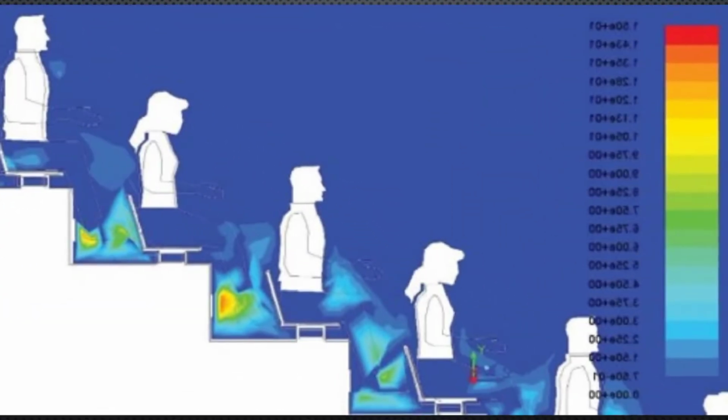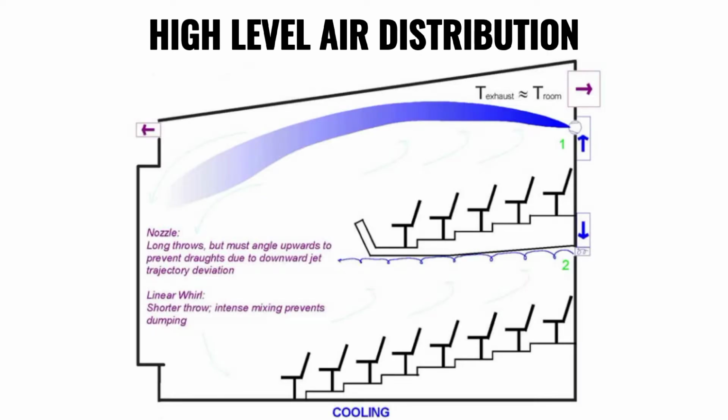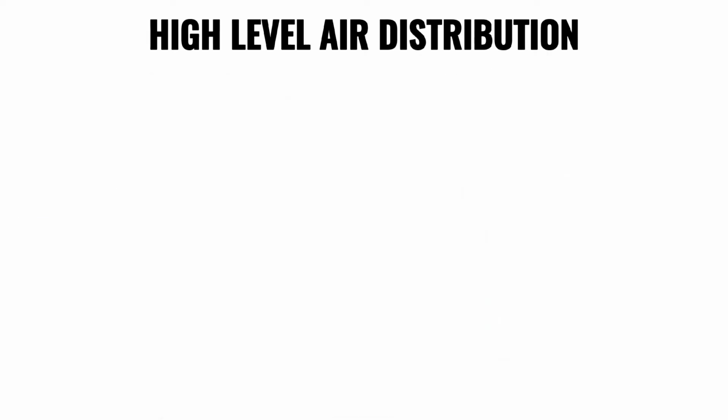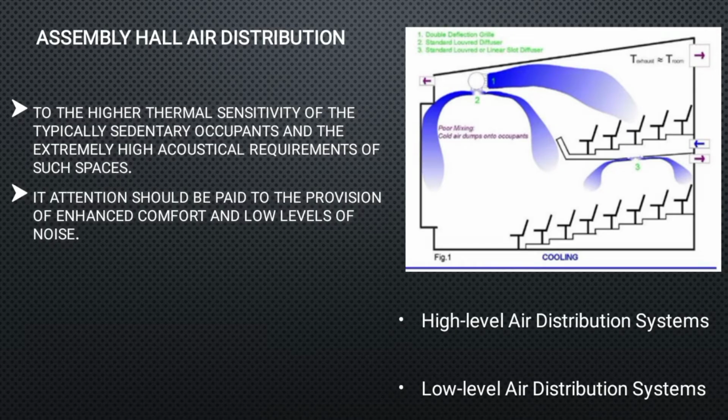Thermal comfort is not easy to achieve for people who are seated and inactive for prolonged periods, as their bodies do not require much heat removal and are prone to feeling draughts. This is where the high-level air distribution system takes place. The air is traditionally supplied at a high level so that both mixing of cold supply air with warm room air and high air velocities produced by supply air streams are restricted to the zone above the occupied space.